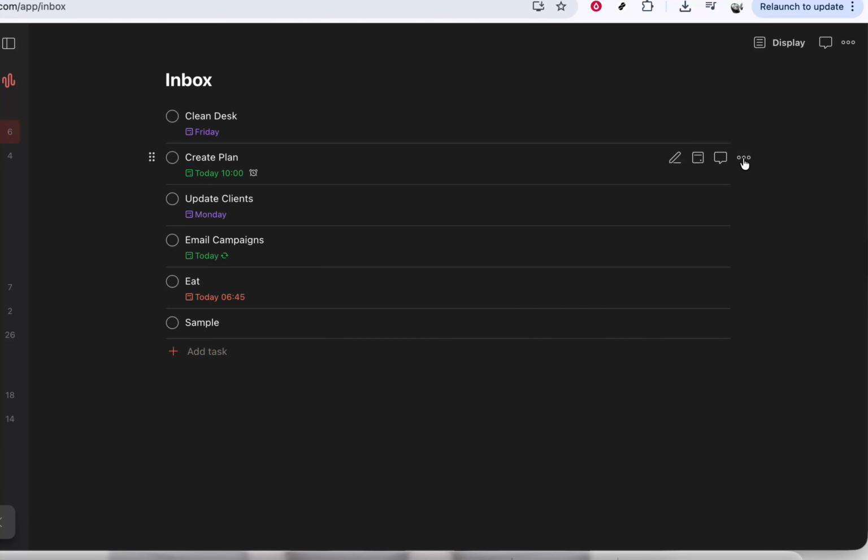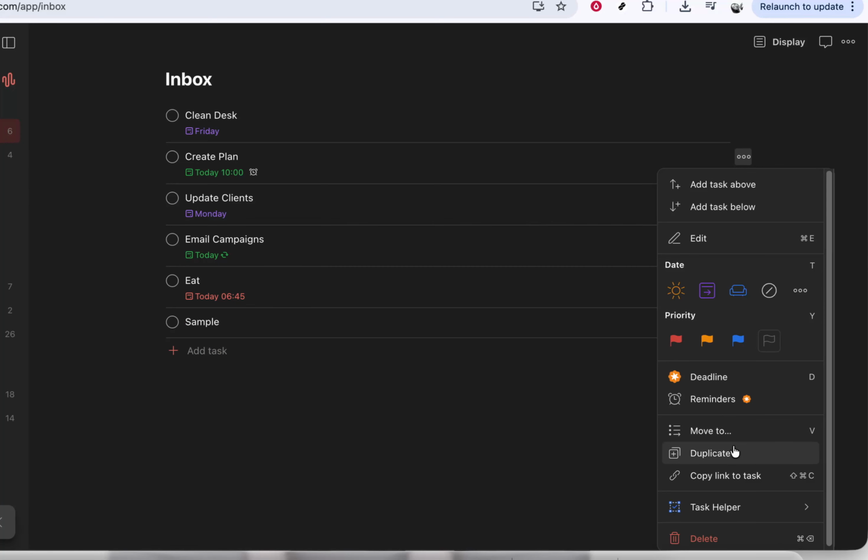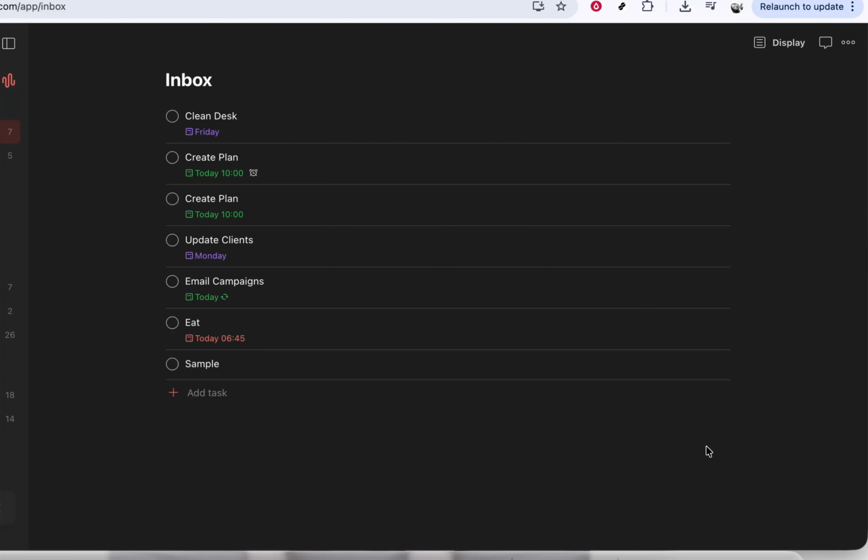Duplicating tasks is especially helpful for recurring processes that don't quite fit into a standard recurring task, such as project templates, weekly routines with small variations, or checklists you reuse for different clients or events. Instead of building them from scratch every time, just duplicate once, then customize. And that's all there is to it. By using the 3-dot menu and the duplicate option, you can save time, reduce repetitive typing, and keep your work